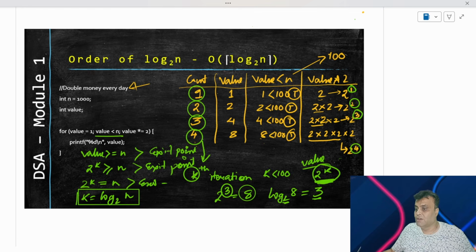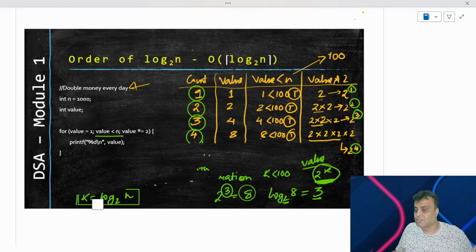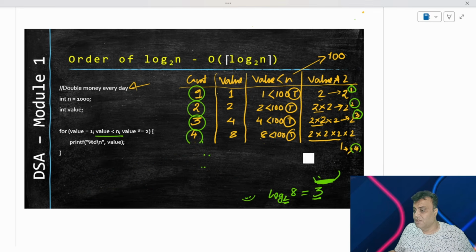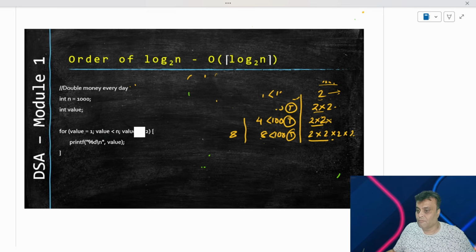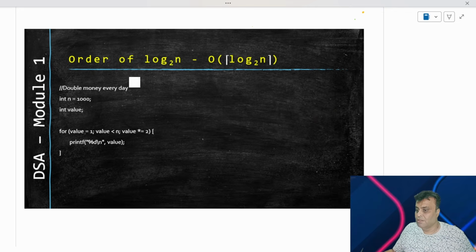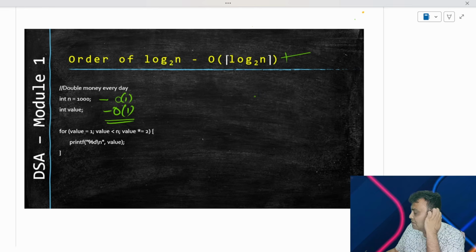I'm sure you can understand now where I'm going, right? So let us conclude that this particular line will run log base 2 of n number of times, right? So if I write the order of this time complexity for this particular problem, of course you will have order of 1 coming out of here, order of 1 coming out of here, which will be negligible when compared to log base 2 of n, because we are with the time complexity function which will fall under the logarithmic class.